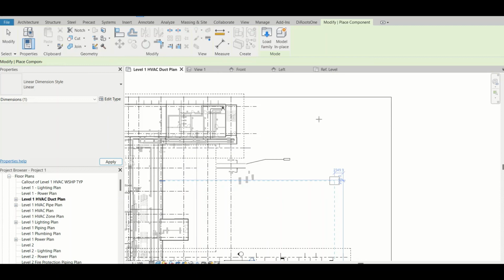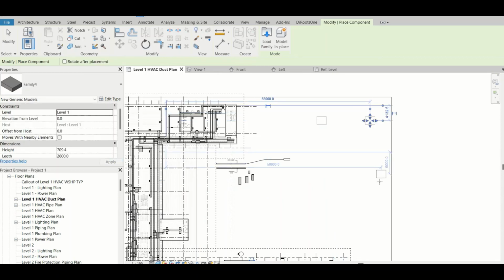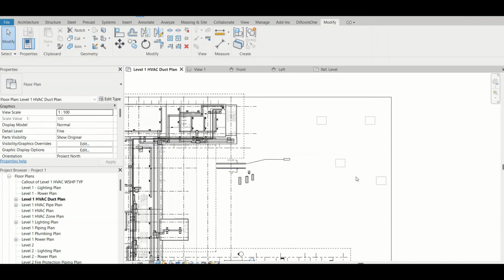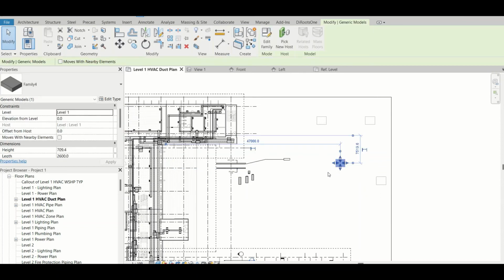Okay, so I'll place this one at four different instances. I'll press the skip command. I'll select one of them. I can see right here the category of this one is generic model. Why is it so? Because at the beginning, before selecting the Revit family template, you can remember that we selected metric generic model, and we chose the metric template, not the imperial one. So that is why it is like that. At that moment I also told you that we can change the category of the family if needed. So right now it is